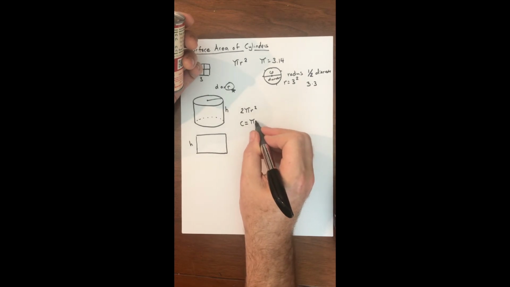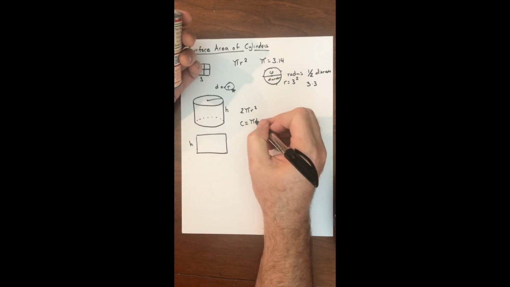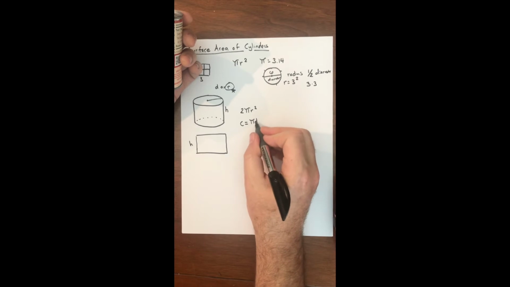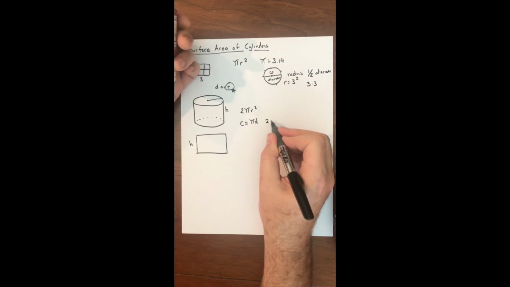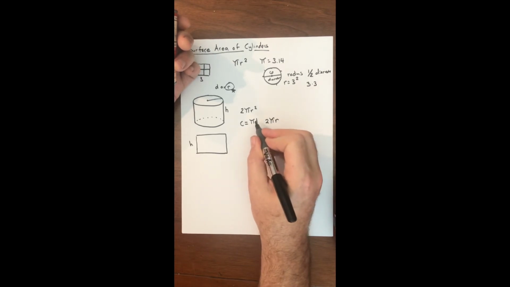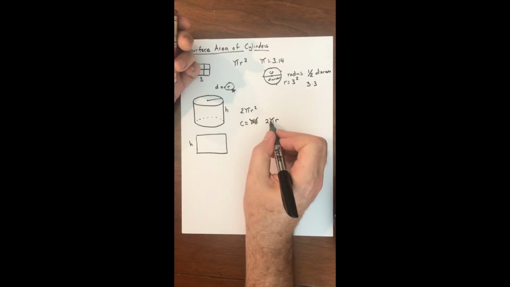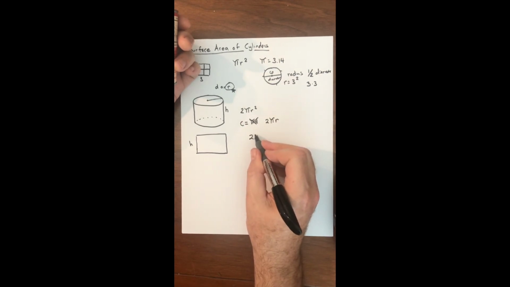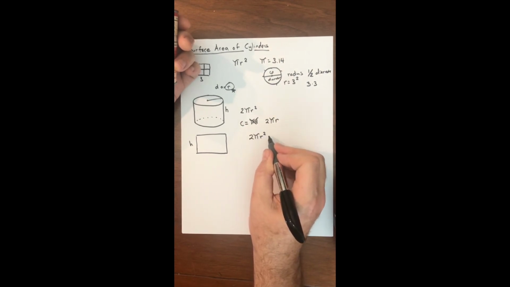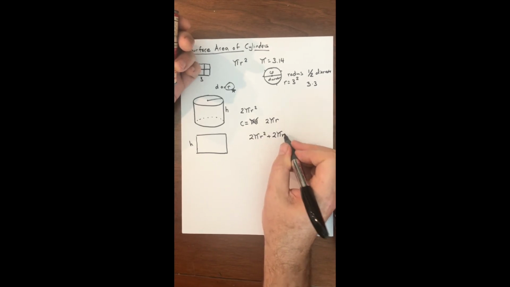Now circumference equals pi times the diameter. But I don't want to use the radius and the diameter. I would rather just use the radius. So what we're going to do is we're going to split this up into the radius version of the circumference formula, which is 2 times pi times the radius, because 2 radiuses equal 1 diameter. So we're not going to use this one. We're going to use these 2 together. So when we put these 2 together, we're going to get 2 pi r squared, and then 2 pi r